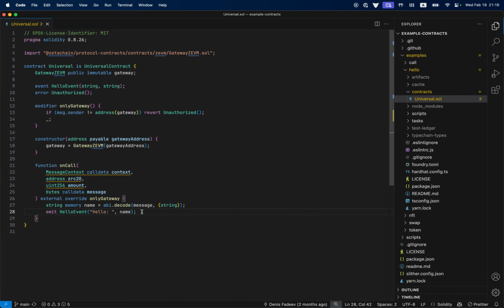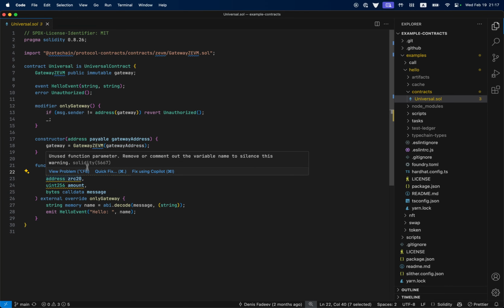The logic is very straightforward. We just decode the message. It expects to see a string, and it emits an event. The context contains information like chain ID, sender address, and the ZRC20 is the token that is